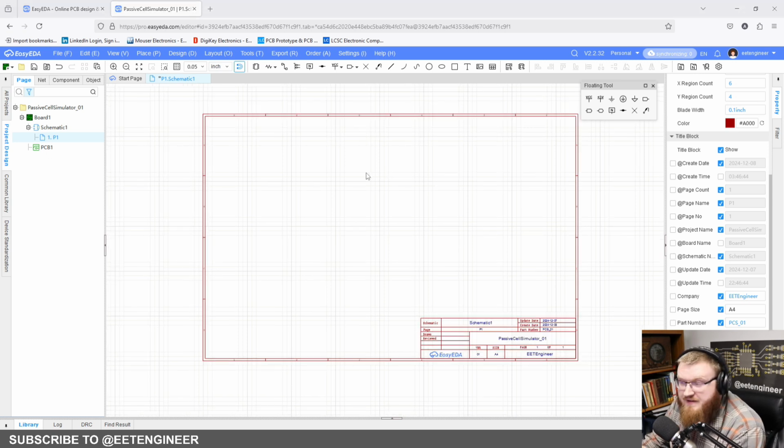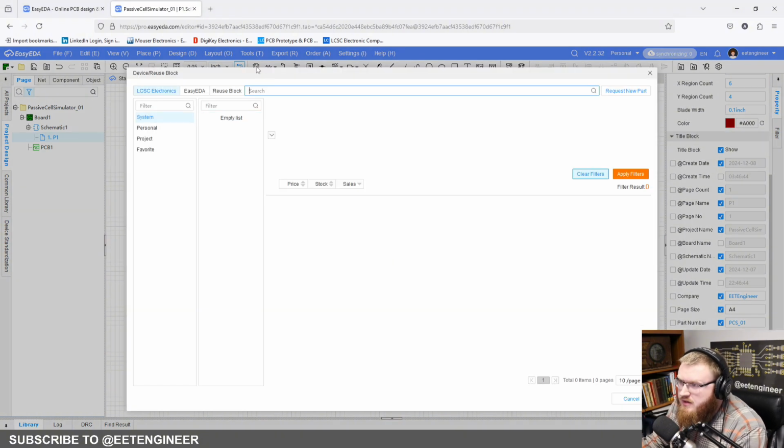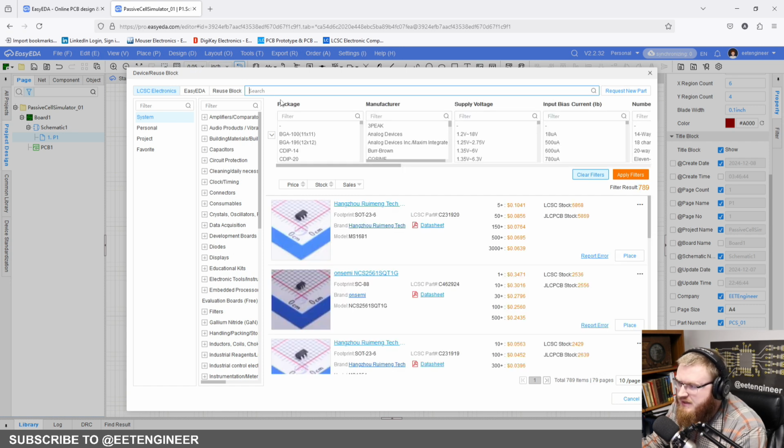This is a very neat feature, I think, of this software, because you're going from design straight to manufacturing. But you go up here to select component, and then we're just going to search for these components. So the first one will be our main banana jack in. The way I'm going to design this thing is you're going to have a power supply in, then the resistors split the voltage to go out to the BMS, and then there'll also be a pass-through for the main power. So first part number is